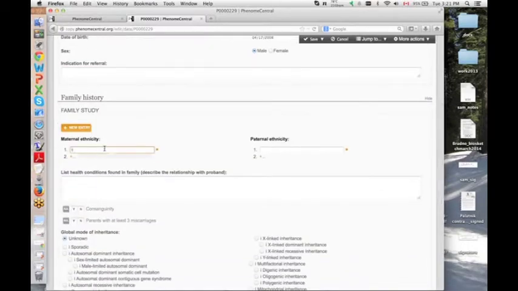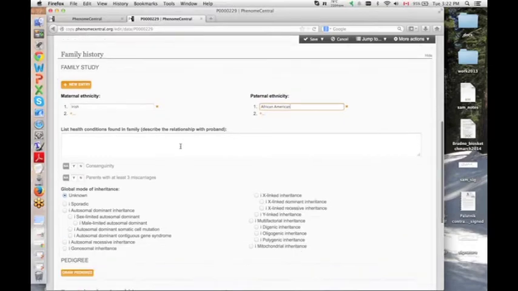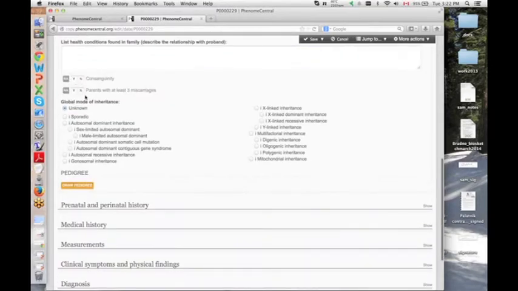You can write down the family history, including ethnicities, so Irish maybe on the mother's side, and African American. These are all choices which are generated from a collection of ethnic groups that we have curated. Other health issues in the family, evidence of consanguinity, and the global mode of inheritance if it's known.